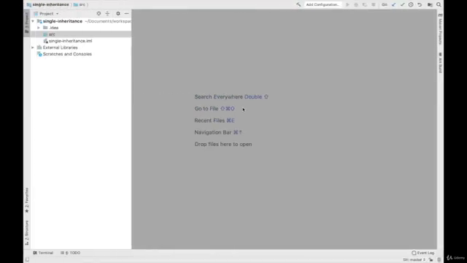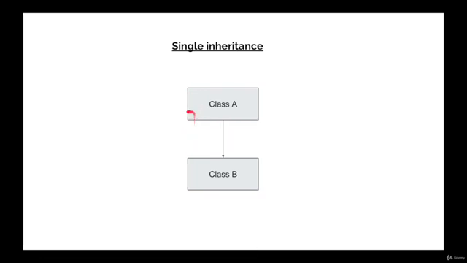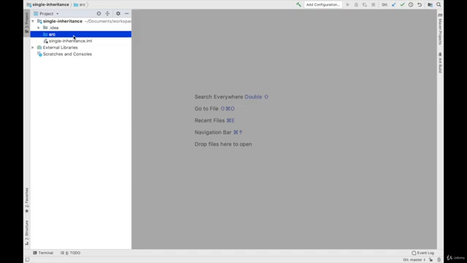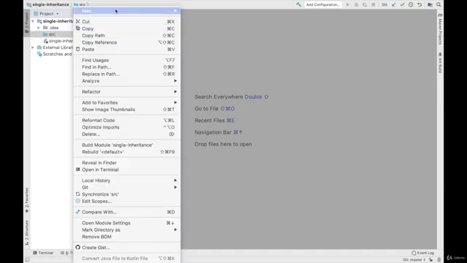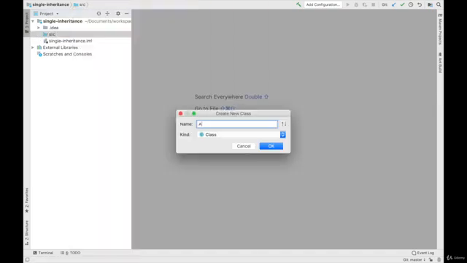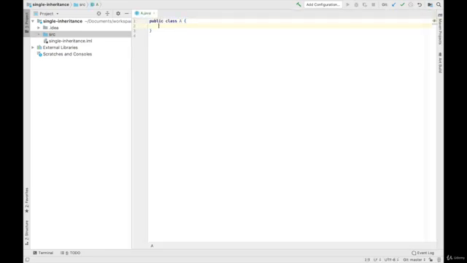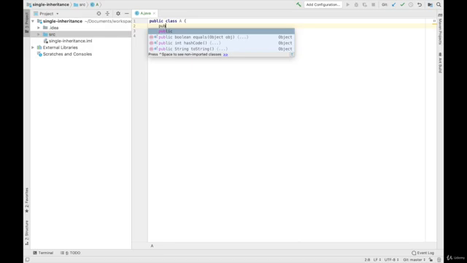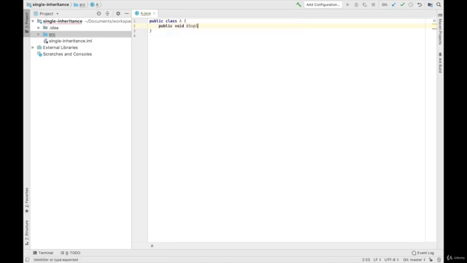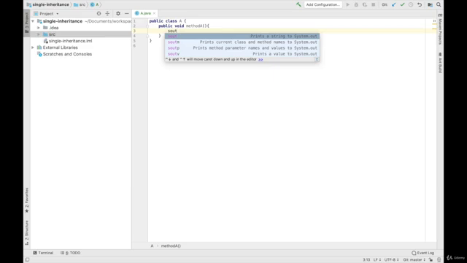We are going to hop on to our IDE, and we need two classes to implement single inheritance. First I'm going to create the parent class, which is class A, and I will define a method over here, public void display, or I'll define a method A, and I'll just print